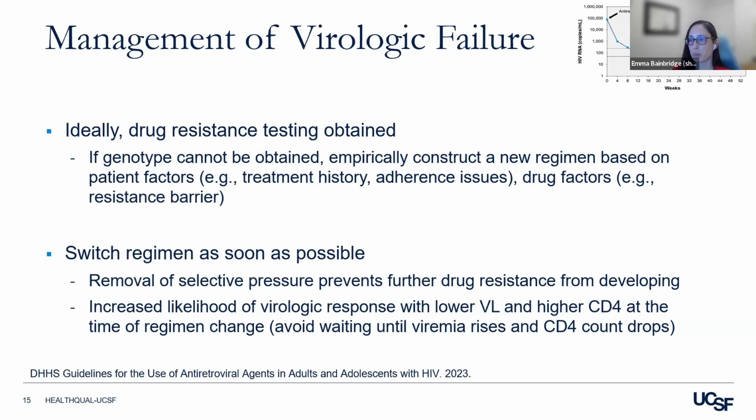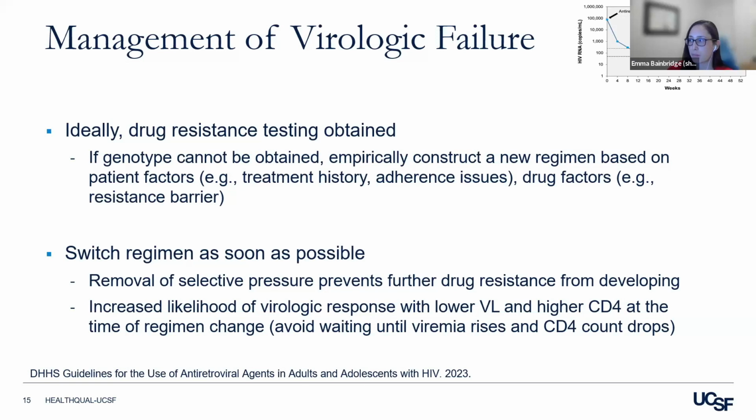Ideally, you switch your regimen as soon as possible because that removes that selective pressure that allows drug resistance to develop. And the other thing that's important to consider here is that you're more likely to achieve virologic suppression if you start from a good place. So if you have a lower viral load and a higher CD4 count at the time that you change your regimen, you're much more likely to achieve suppression than if you wait until they have uncontrolled viremia and a low